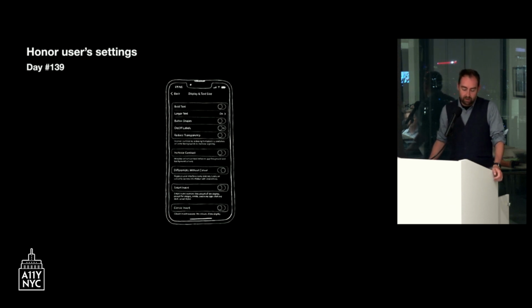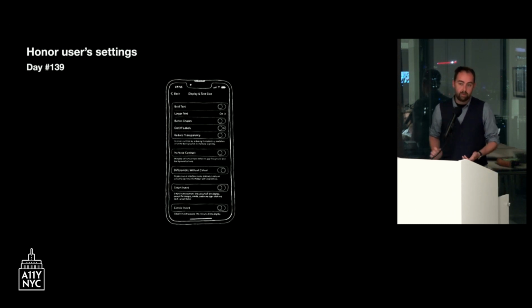So in iOS 8, Apple introduced at least kind of a way of fixing that, and it's just a set of user preferences. So from iOS 8, a user can request bolder text or larger text or on-off labels for switches, or to reduce the transparency of the apps, or to reduce motion, which is super important as well.